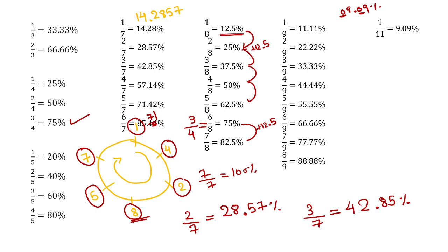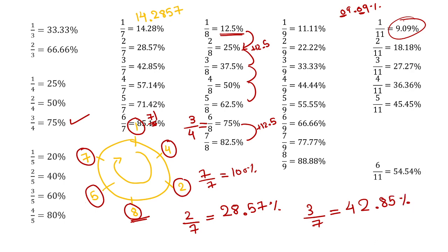What would be 2 by 11? Yeah, it is 18.18. So करना क्या है? सिर्फ मल्टीप्लाई करना है. Can you give me what is the value of 6 by 11? 6 by 11. I want the value of 6 by 11. Yes, so what you have to do, just multiply this by 6 and you get the answer. Right, so similarly, यहाँ पे